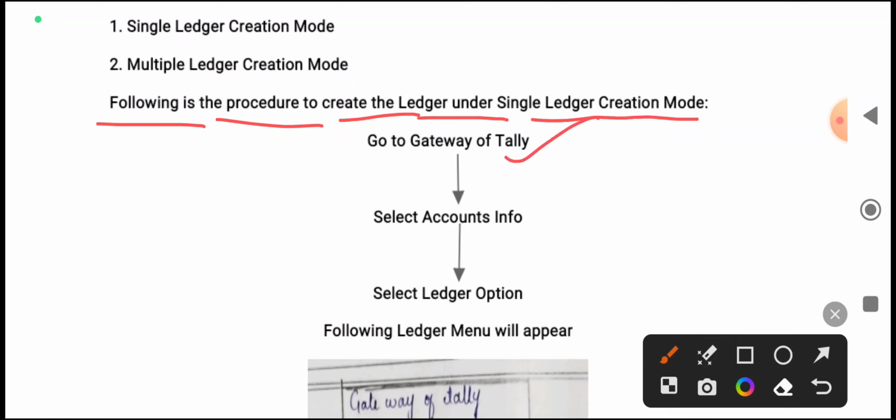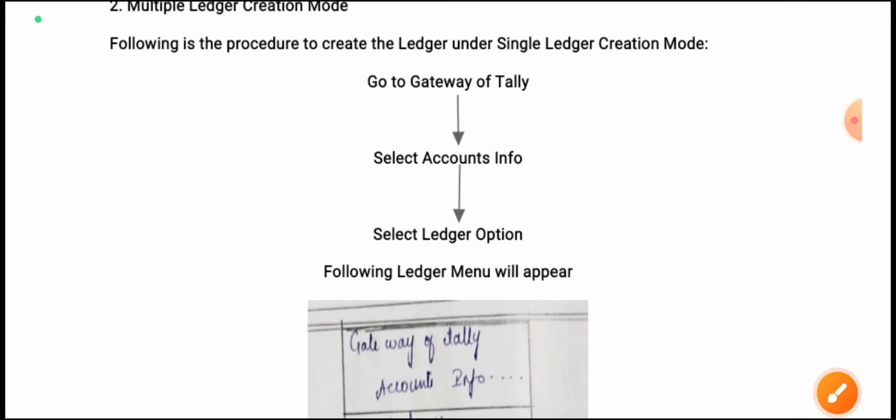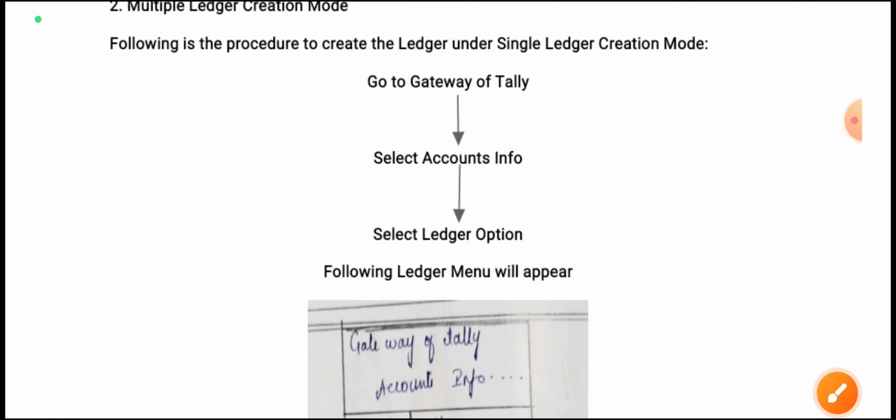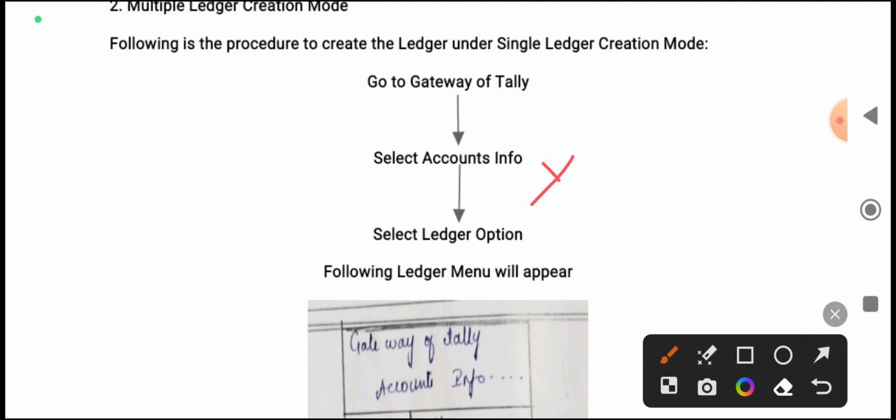Go to Gateway of Tally, select Accounts Info. See, in the material you may find the Gateway of Tally screen also, which is not required in your exam. So if you want, you can avoid this Accounts Info also.